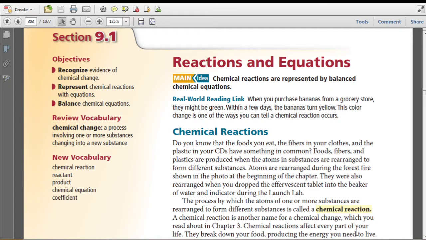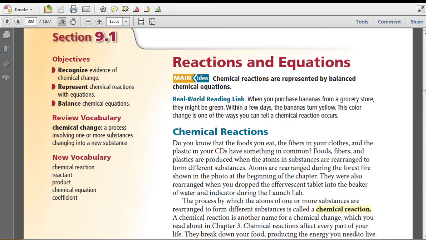Section 9.1, Reactions and Equations. The objectives of this lesson are to recognize evidence of chemical change, represent chemical reactions with equations, and balance chemical equations. Some vocabulary to review will be chemical change, and new vocabulary we'll come across is chemical reaction, reactant, product,